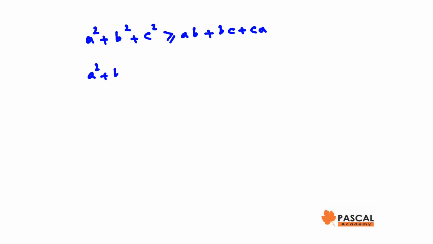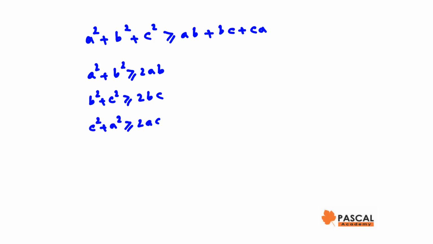Now we use the inequality that we proved, and we show for any three non-negative real numbers a, b, and c, a^2 plus b^2 plus c^2 is greater or equal than ab plus bc plus ca. We know a^2 plus b^2 is greater or equal than 2ab. Similarly, we can say b^2 plus c^2 is greater or equal than 2bc, and c^2 plus a^2 is greater or